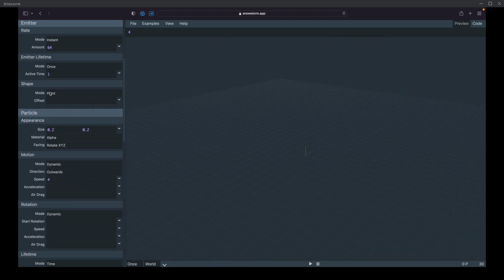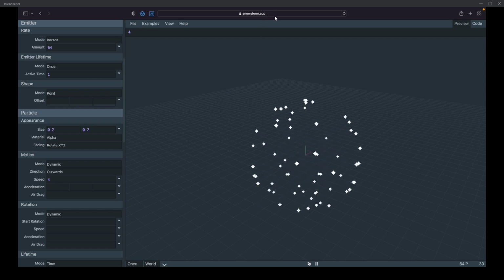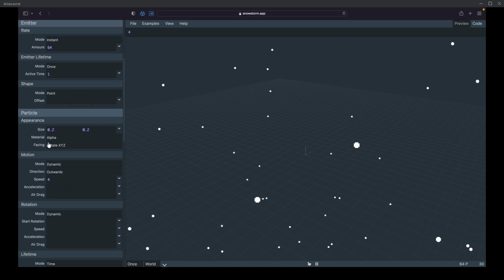So what's happening here is when you use the shape type of point and you give it a direction. Oh, wow, they have this sorted so weird. Even though it's in motion, this is in the shape component. Interesting. Okay, so the direction by default for point is outward. That means that the motion vector emitted from that singular location is going to be in completely random directions, sort of like along a sphere shape. So when I give it a motion of 4, essentially you scale that vector up and you get an emission of particles in all sorts of directions from that single point.